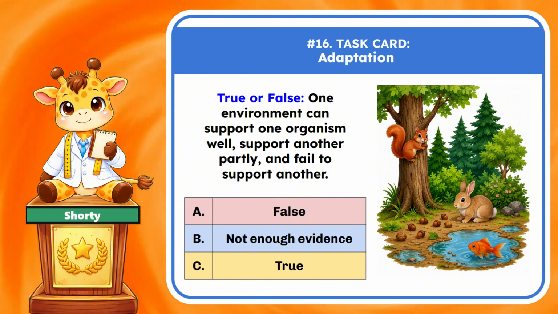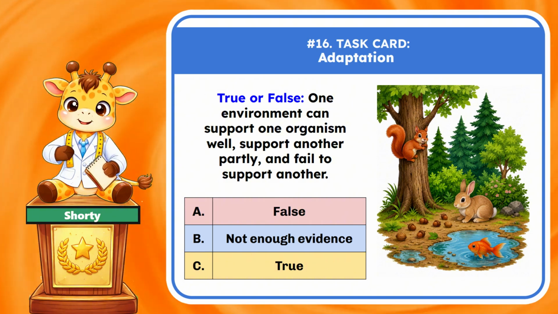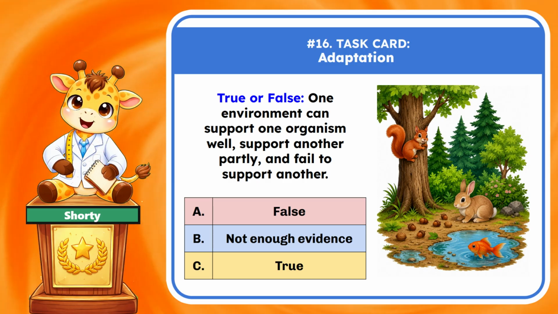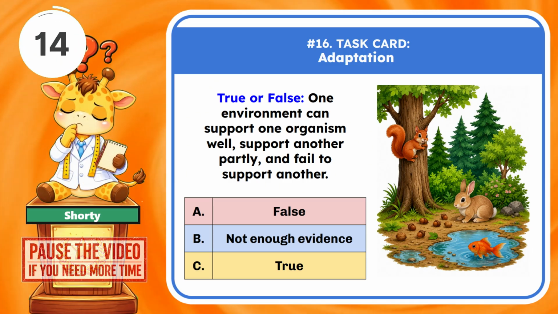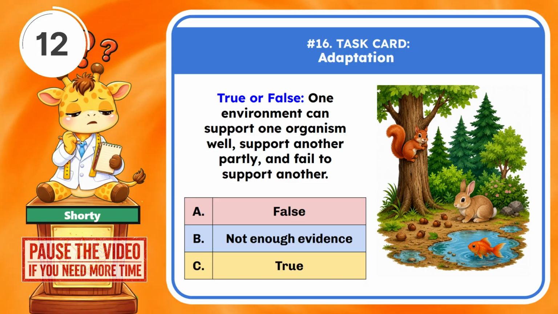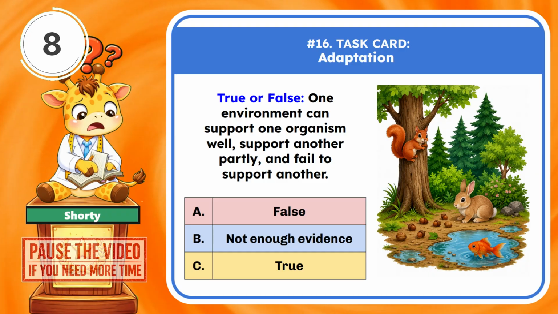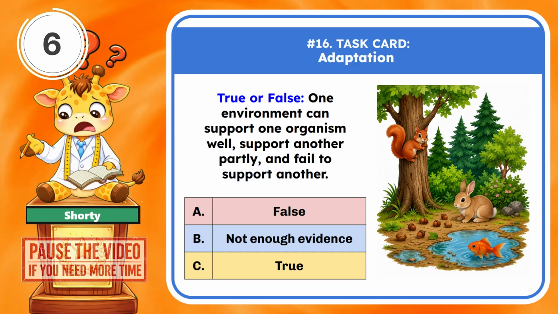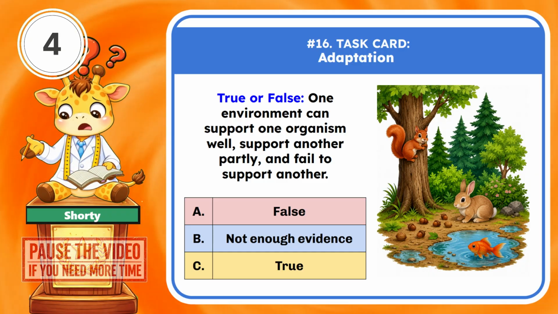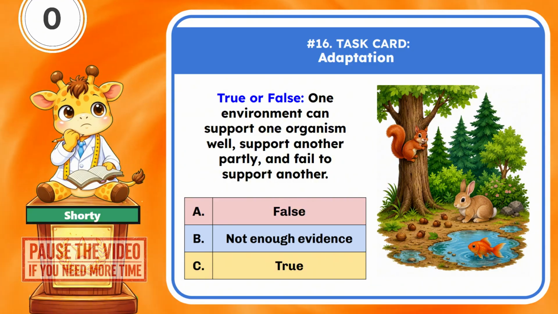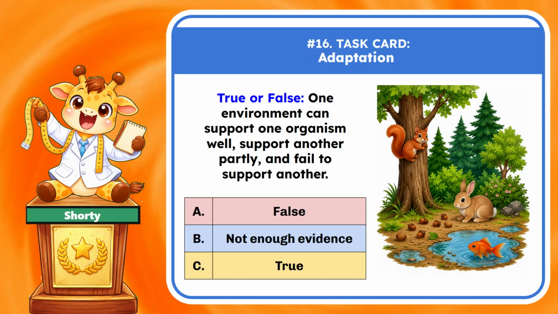True or false? One environment can support one organism well, support another partly, and fail to support another. And the correct answer is